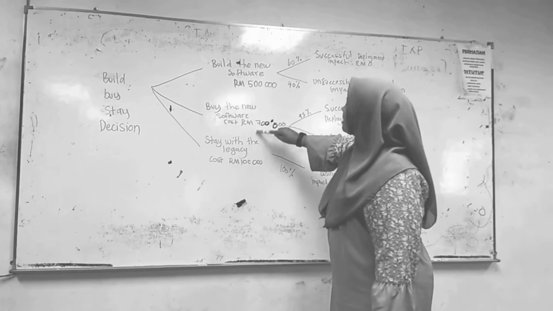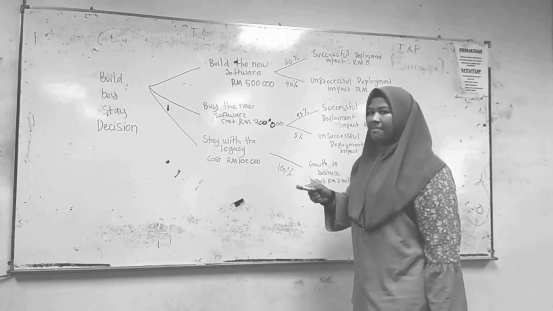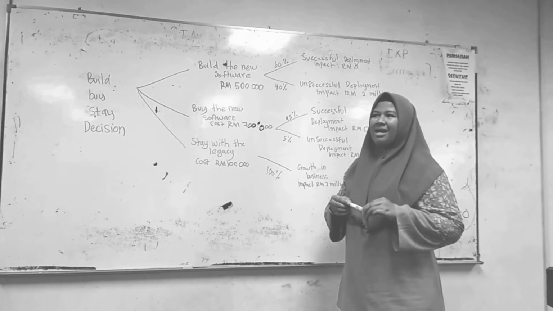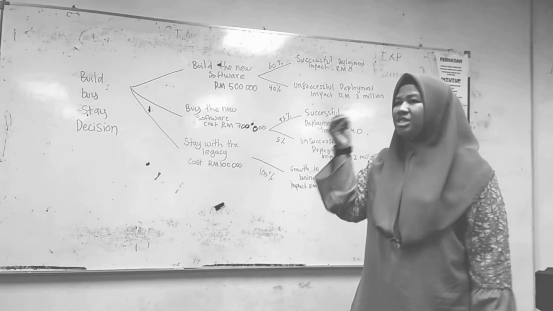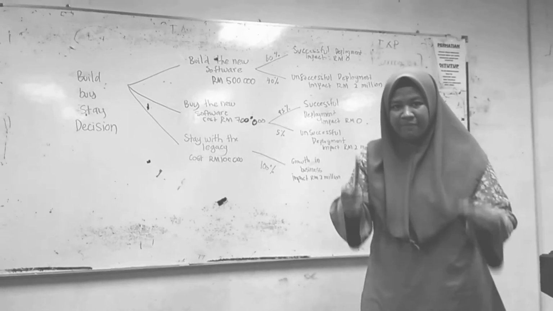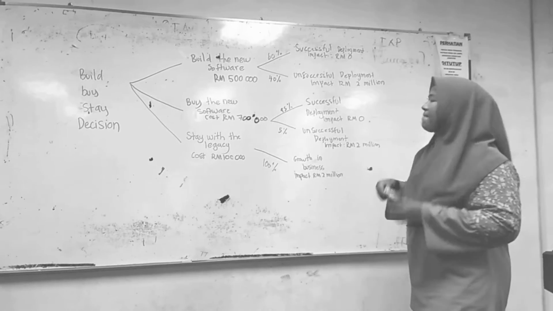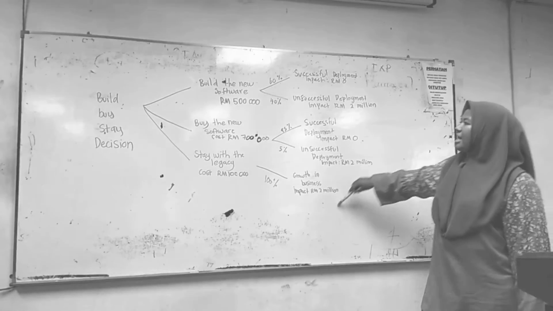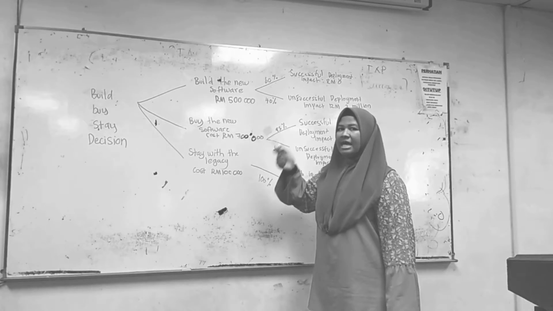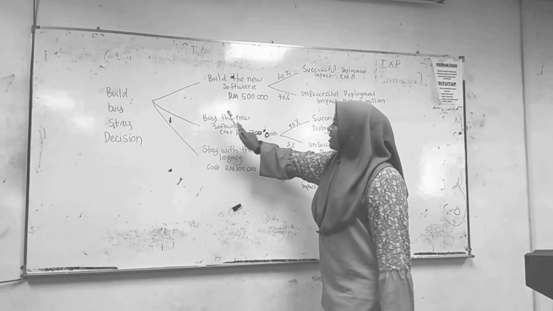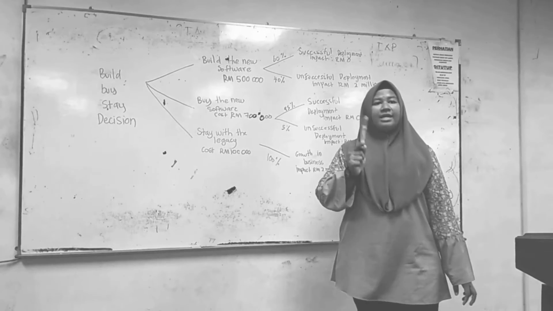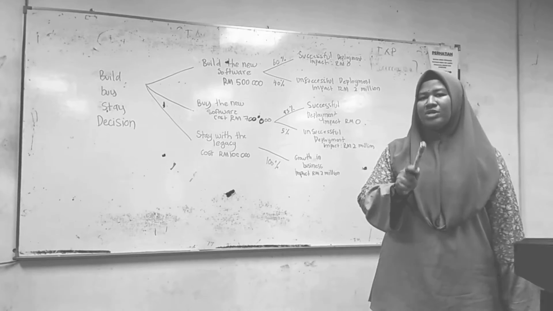So it's not just about the cost they have to spend, but about after they make the decision, what percent that decision will be successful, or if unsuccessful, how much the impact will be for the company. So from the illustration, we decide the best, most efficient option is to buy the new software, because the expected monetary value is less.